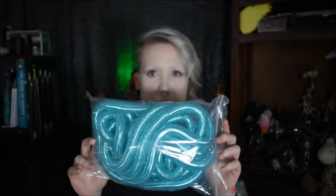And the teal metallic. These bags do seem a lot smaller than I anticipated, but they're meant to be 5 yards, so 4 bags should be enough to do what I want to do for my hair. They are very soft